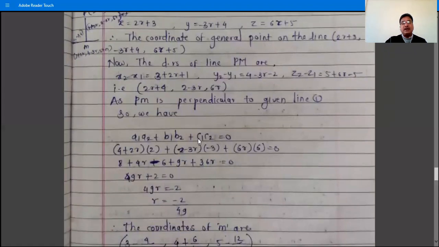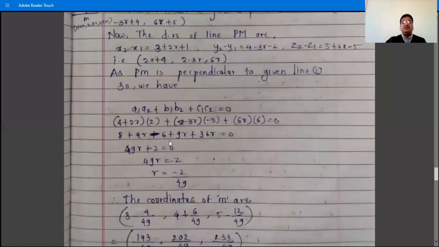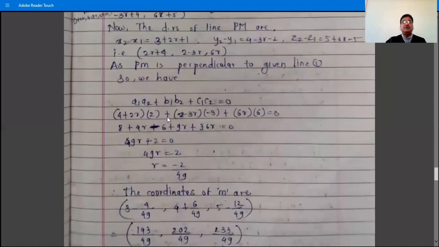A1, B1, C1 are the direction ratios of one of the lines, and A2, B2, C2 are the direction ratios of the other line. So if the two lines are perpendicular, then we have A1 A2 plus B1 B2 plus C1 C2 is 0. That is, we have